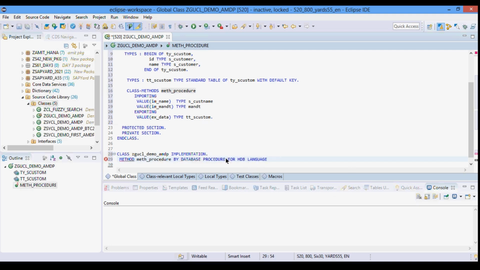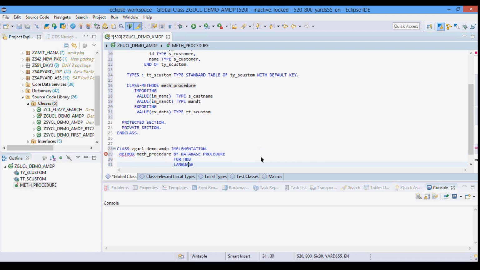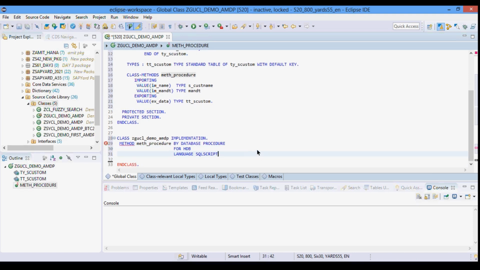It will be followed by for HDB. For HDB, that means for HANA database, the language would be SQL script. Then there is one more addition option, that is we are making it read only. This is the only option as of now available.